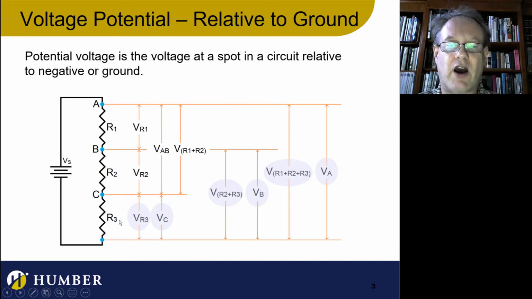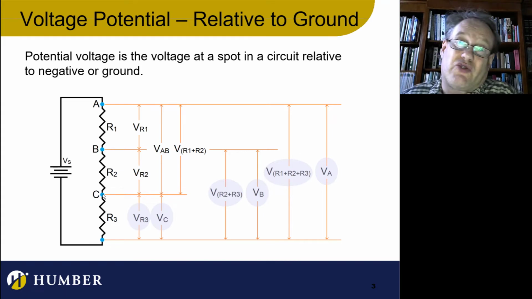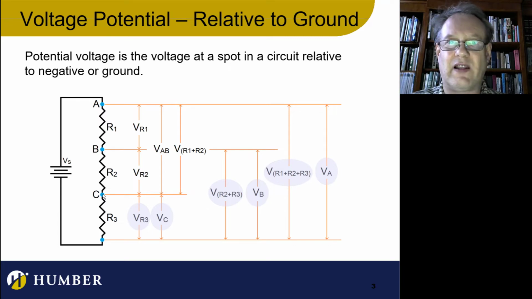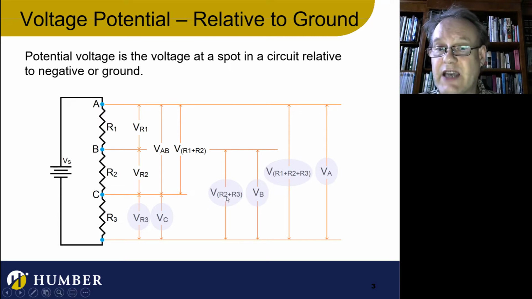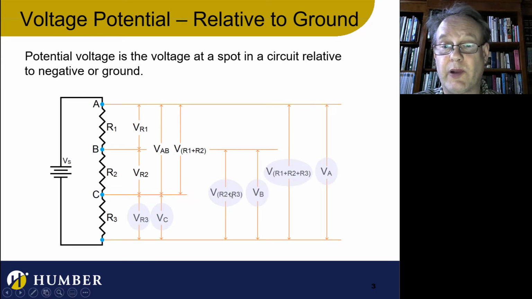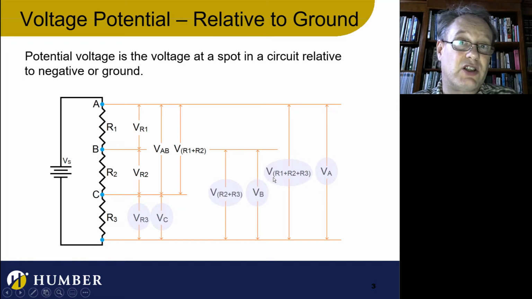So in this case, let's jump over here. Now, I've got VRC. What VRC is here is the voltage potential at point C. But it's also the voltage drop across R3. The reason is because after we've dropped all the voltage across R3, we've got nothing left. Over here, we've got the voltage potential at B. But it's also the voltage drop across R2 and R3. So I would say that's the voltage drop across R2 plus R3. Over here, I've got the voltage potential at A, and that's also the voltage drop across R1,